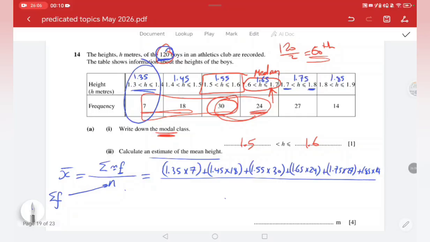You do all of this and then divide by n. So don't lose any point with this type of question. The answer should be